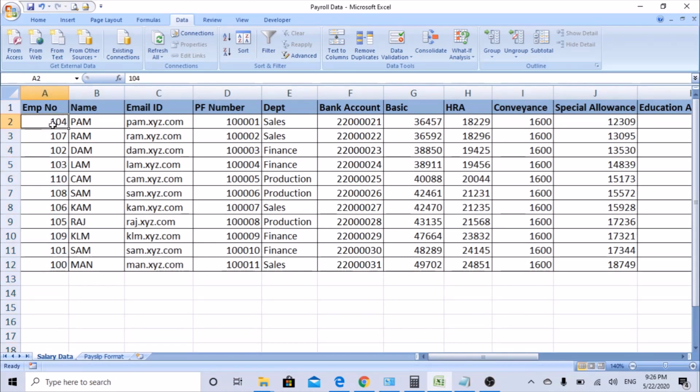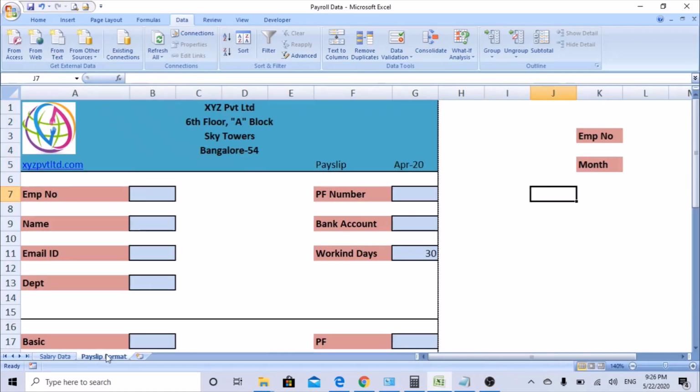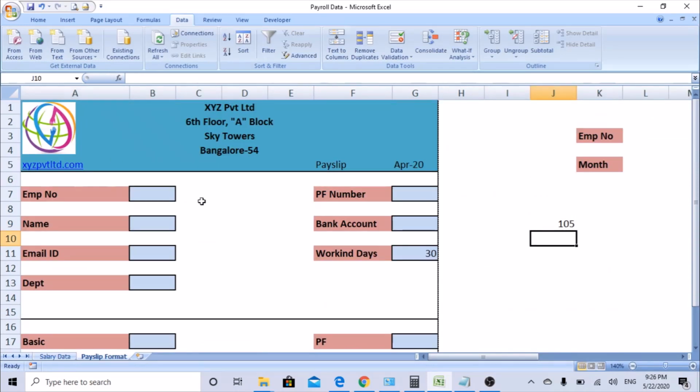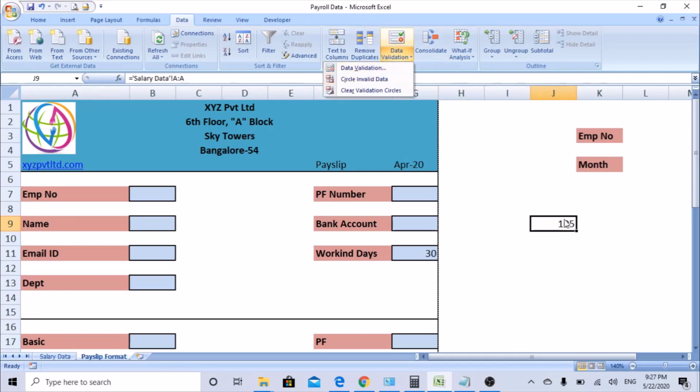So we know we need this column. I can't select only A to 12, right? Because data can increase, employees can be hired. Again, this data may increase, so I need to select the entire A column. Here, click here, equals, select the entire A column. Usually data validation will pick it. If it's not picking, you can use this shortcut.